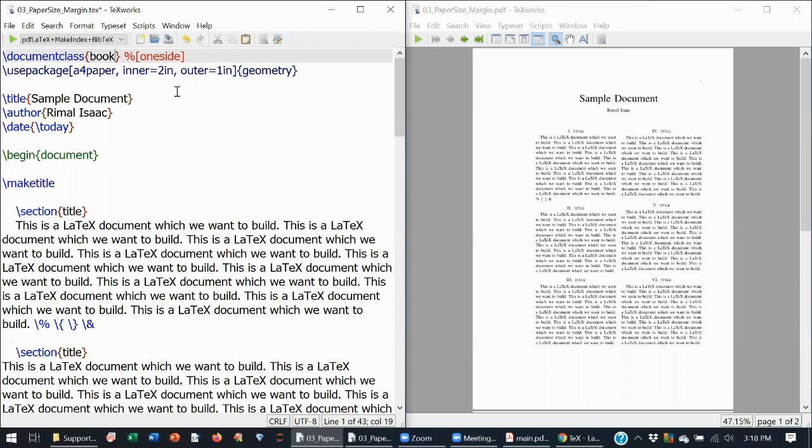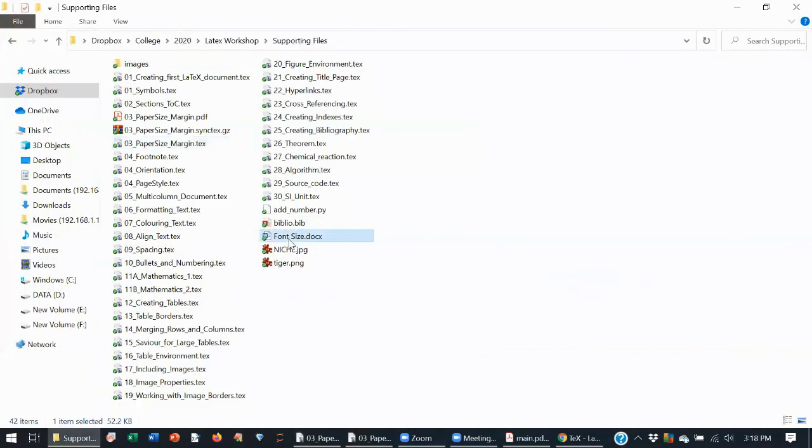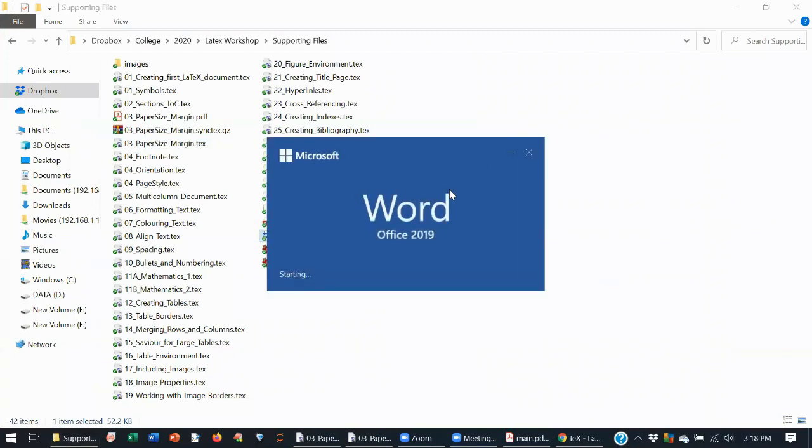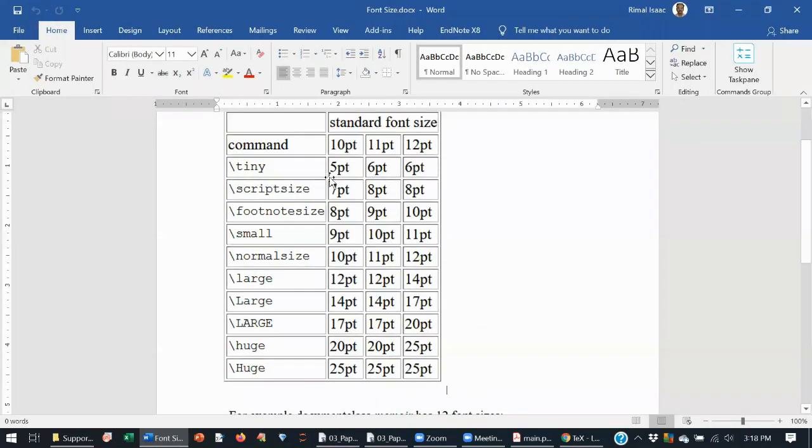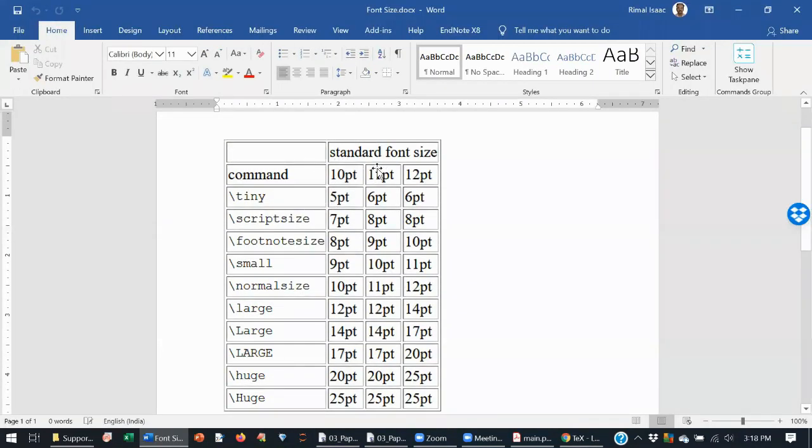Book and article are default classes that come along with the LaTeX installation. There are other classes created by other people to solve their own problems. But the default book class will support only three font sizes, that is 10, 11 and 12 point.